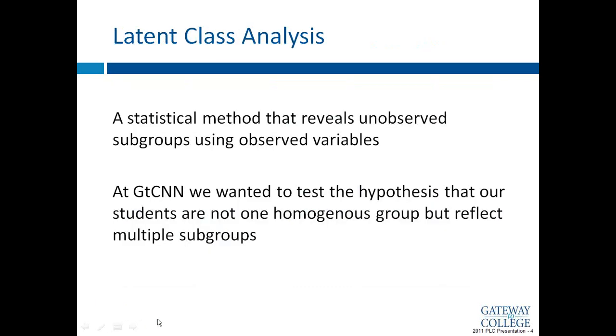All right, so we're going to move on here. So latent class analysis, which you do not need to know a whole lot about, except to know that this is a statistical test that looks at unobserved subgroups using observed variables. So what that means is using things that we can measure, like a student reports on their perceptions of their school experience or their age, their grade, things like that. The computer is essentially looking for hidden patterns among the participants.